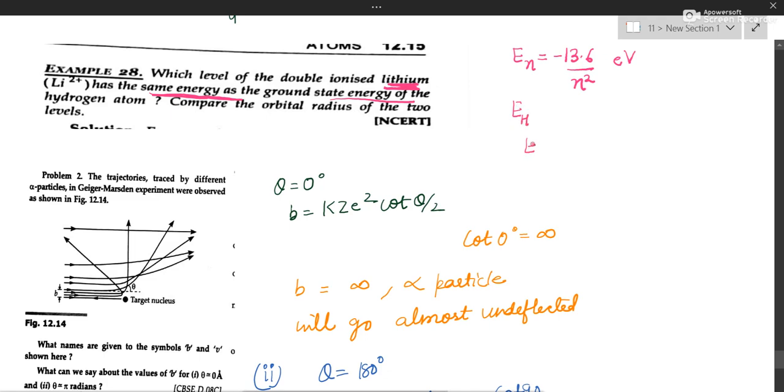Now you will have to find out energy in nth state for lithium, hydrogen, helium, lithium. So Z is 3. ठीक है. So what is the formula? You will have to see what is the formula. 13.6 by n square. Just find out Z is up or down. Okay, and substitute and put them equal and find out N. For hydrogen, N is 1. For lithium, Sorry, for lithium, Z is 3. And for hydrogen, ground state, N is 1. Here, N is to be found. Put them equal as per the question.